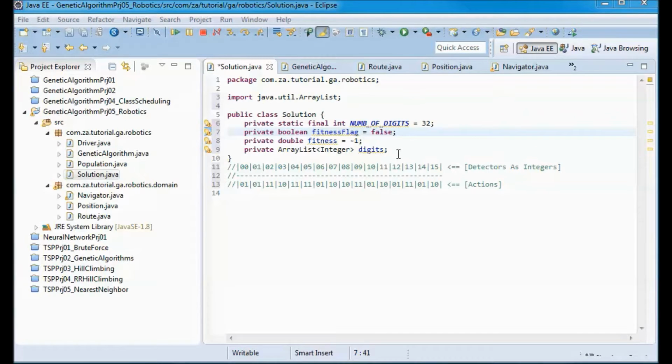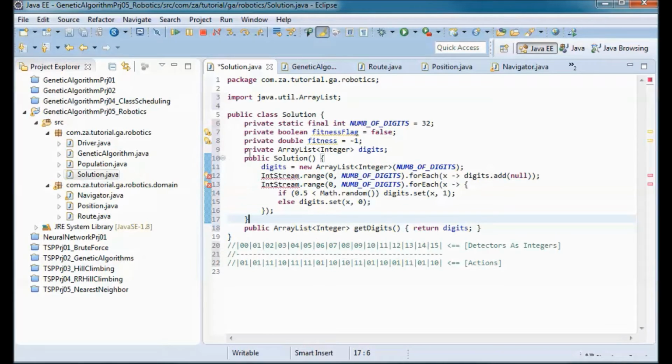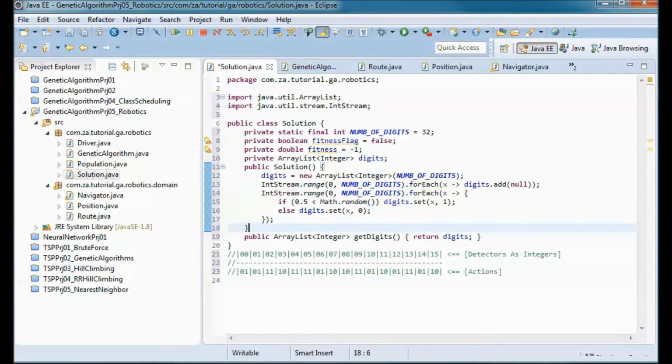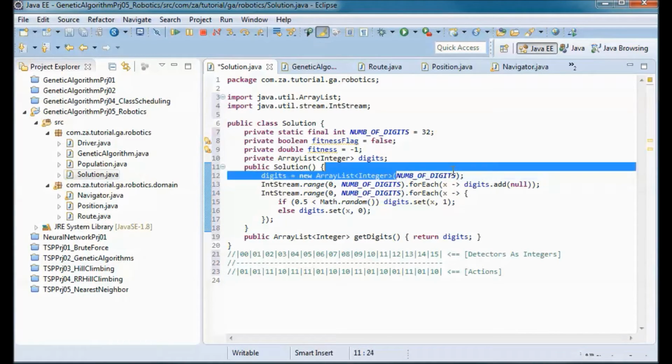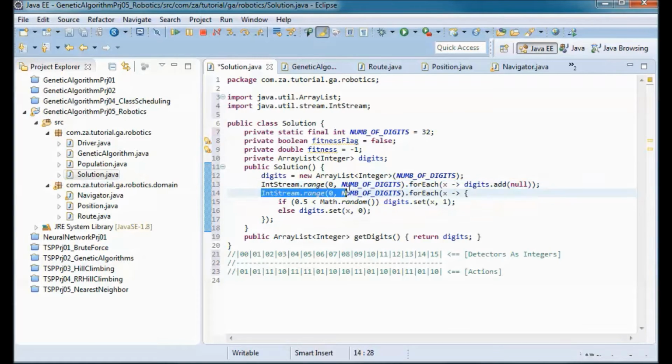And I need a get digits method that would return this array list of digits. And I will have a constructor that will instantiate this array list given the number of digits, and initialize it initially with nulls, and then populate it with zeros or 1 randomly.